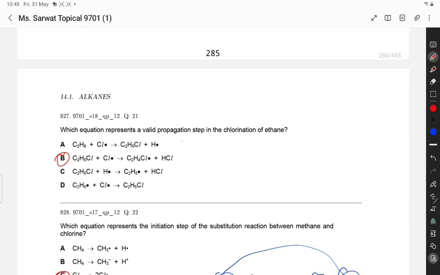Which equation represents a valid propagation step? This I have discussed earlier, so B option is correct. This is a repeated question, so this option is correct option,